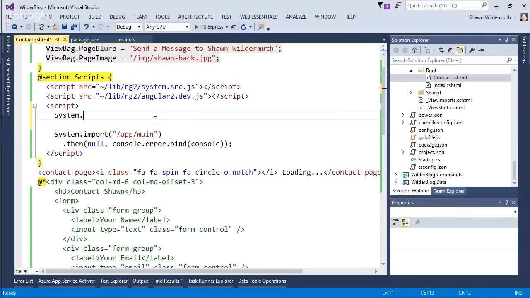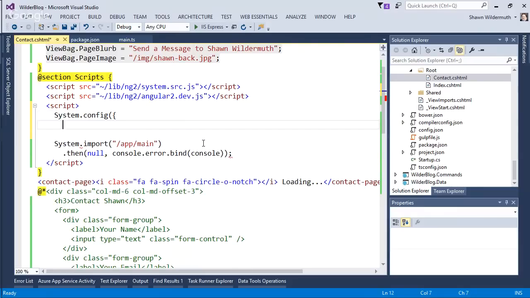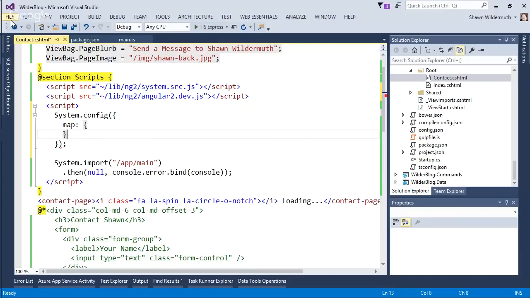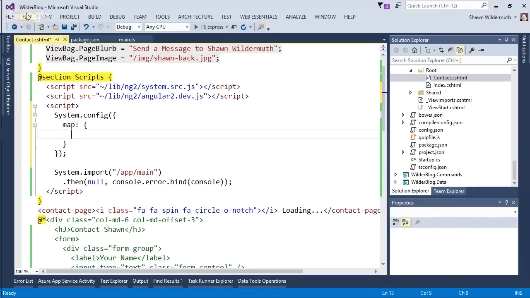And there's a couple of pieces here. First, we're going to call config, which then takes an object that has some configuration in it. And I'm going to first do map. And map is going to allow me to say, when you